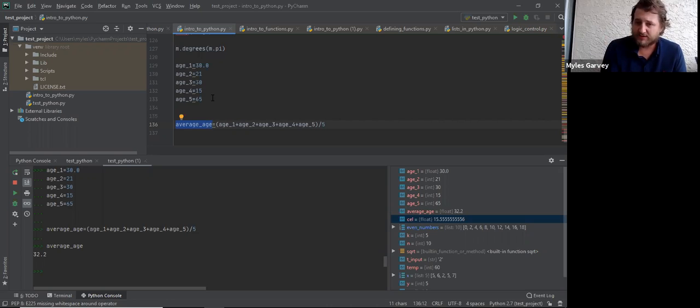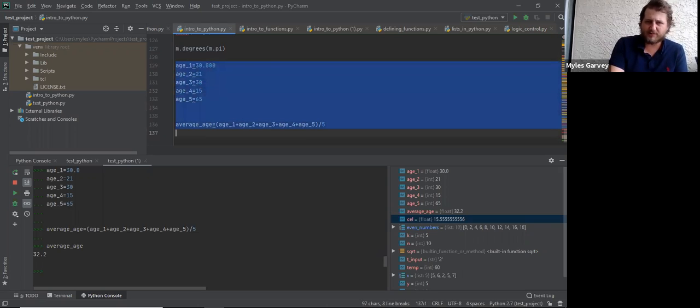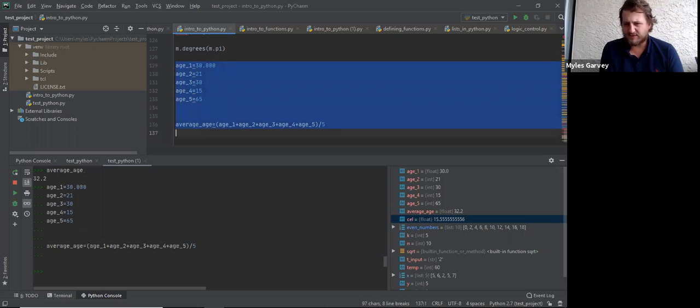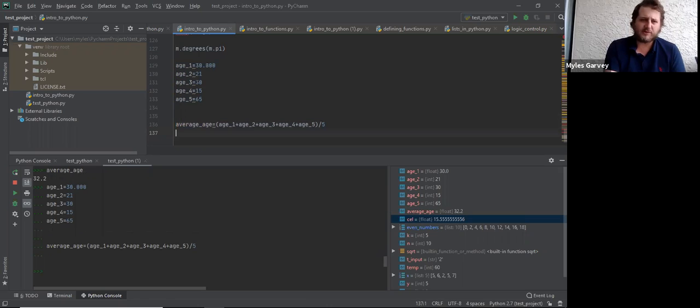the correct average age. I think, however, that here it rounds. Let's see, if I put 3, if it'll do this to 3 decimal places. No, it's just still 32.2. So anyway, moral of the story, we can obviously store data in this manner, but this is a little bit